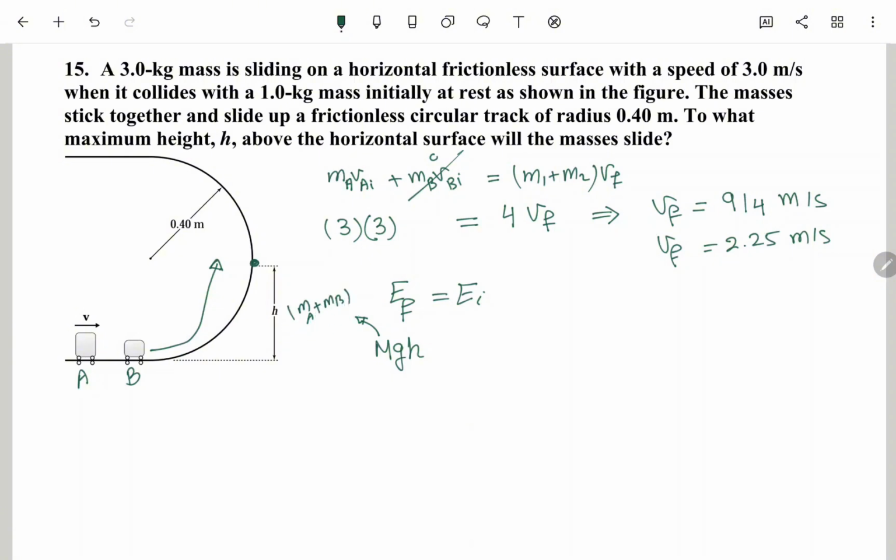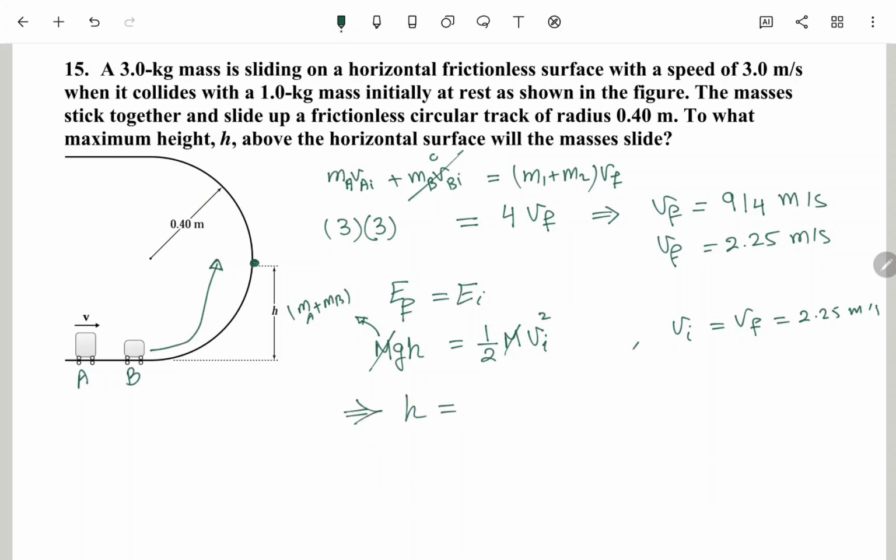But in this case, it doesn't matter because it cancels out. So equal to E initial, it's just kinetic energy, half m v initial squared. So mass cancels out with mass. Now initial for the second stage is actually the final for the first stage, and in this case V initial equals V final, or 2.25 meters per second. You substitute this one here, you will find